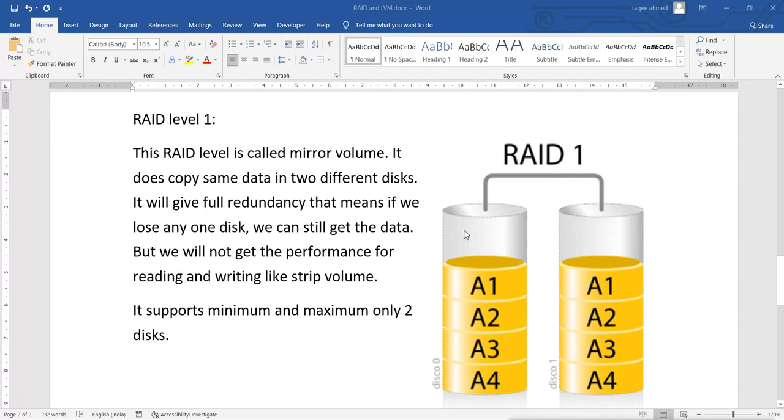You will lose half of the space: if it is 100 GB and another is 100 GB, you will not get 200, you will get only 100 GB. So it is not cost effective for storing data, and for that we go for another level.